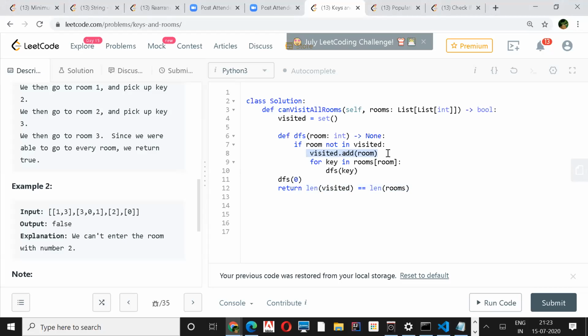She's saying that any room which we are doing DFS on is also added, at line number 8, so 0 is also added. Yeah, right, thank you. But the zero room is not visited, so we'll put it in this visited set, and then do the DFS of that.